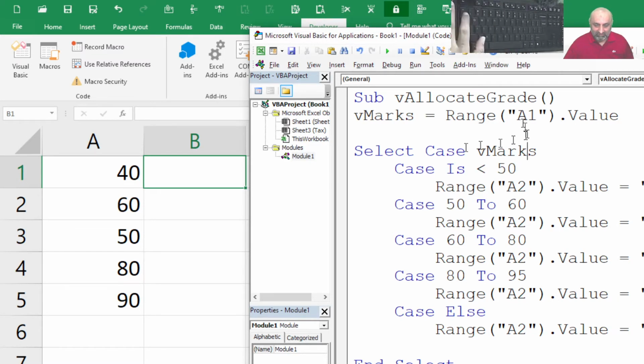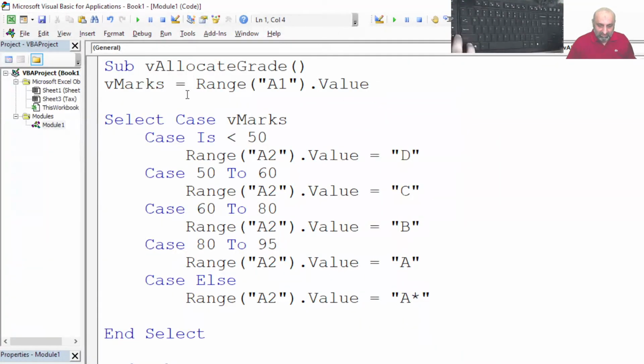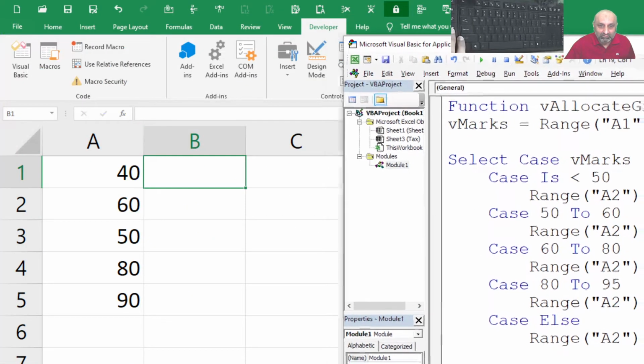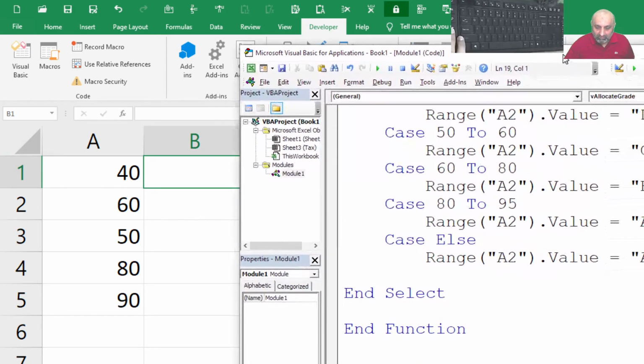And how is that done? That is very simple. Instead of Sub, I'm going to write Function, and it is going to end with End Function, and you can't see End Function, so let me drag it. Yeah, so End Function.